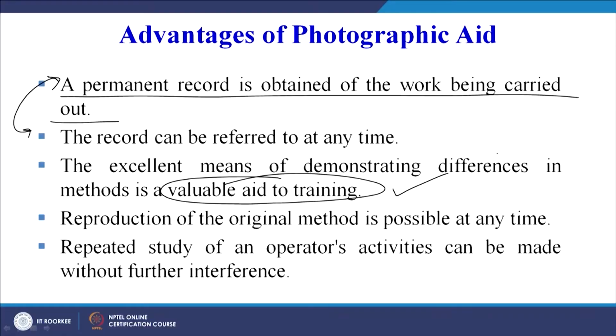So, as a valuable aid for training, we can show the new workers who are joining the company that this is the tendency of workers to do the job in this particular sequence of operations or this particular body motion. This is a human tendency, but this is not the right way. It may lead to cumulative trauma, musculoskeletal disorders, or failure of the tendons. So we can train them at the very beginning that, as per human tendency, this is how the work tends to be done, but this is not the right sequence of operations or body motions that we must follow.